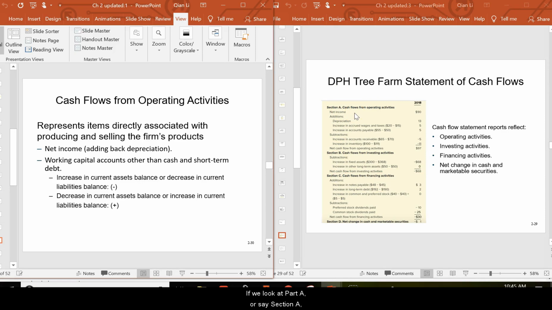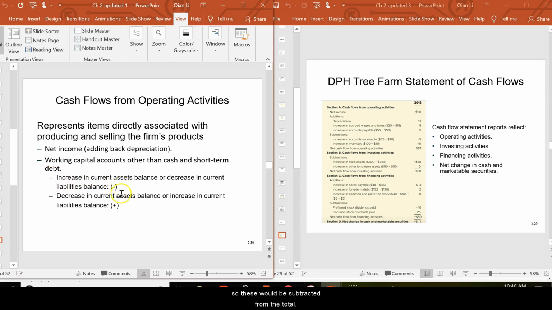If we look at section A, cash flow from operating activities, these are items directly associated with the company's main operations. So we start with the company's net income, and we add back the depreciation, and then we look at some working capital accounts. Again, if you have a current asset increase, that would be considered a cash outflow or use of cash. If you have a current liabilities decrease, that would again be considered a use of cash. So these would be